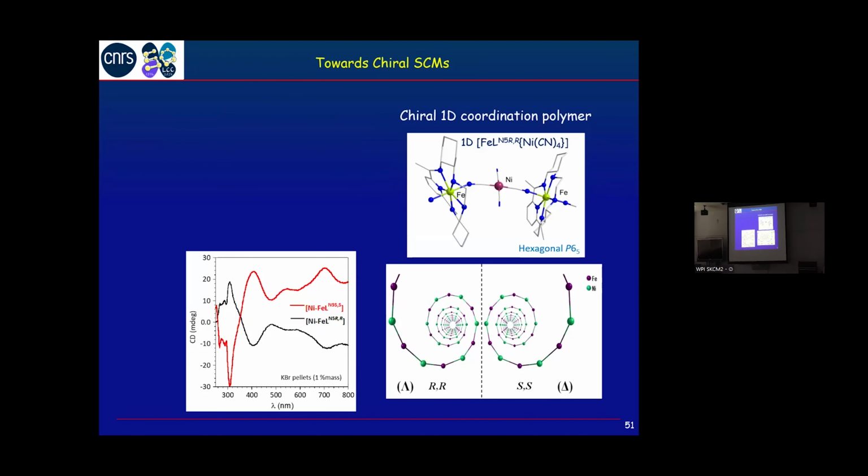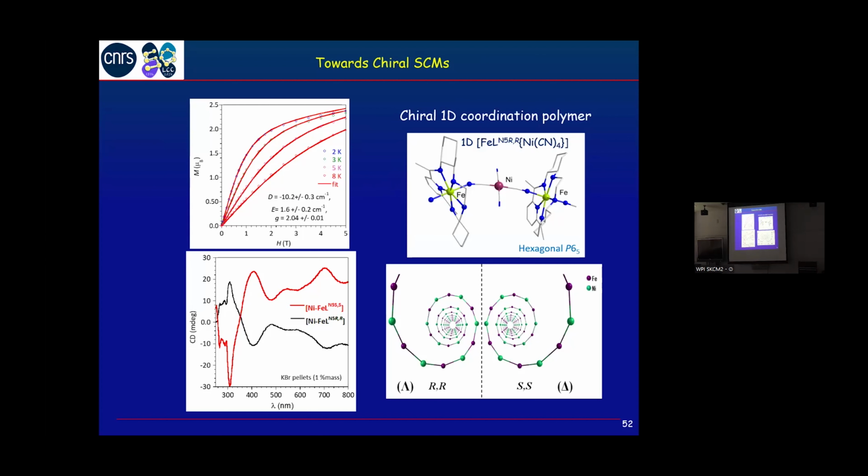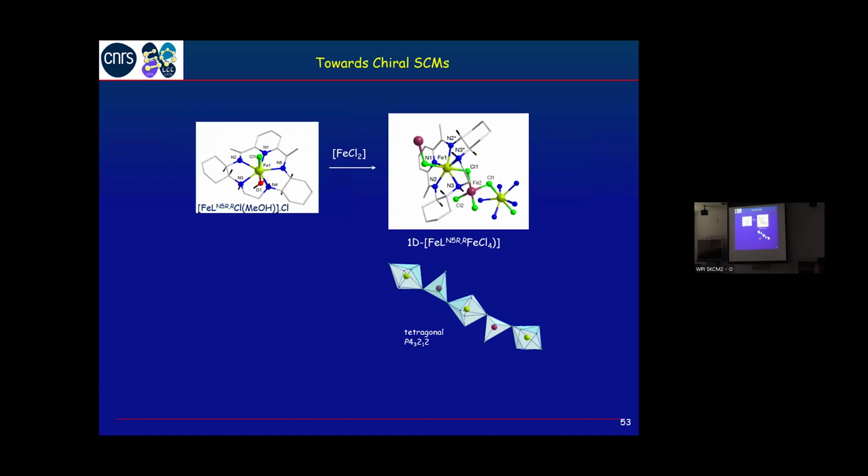This is also confirmed by the CD spectra of these two compounds. You see that the signal of one is just opposite to the signal of the second. So it means really we are dealing with enantiomeric systems. Magnetic anisotropy is not changed. So here we can again assess the anisotropy, and in this case we have a D that is in the order of -10. We made also a system that is a real single chain magnet, that is with exchange